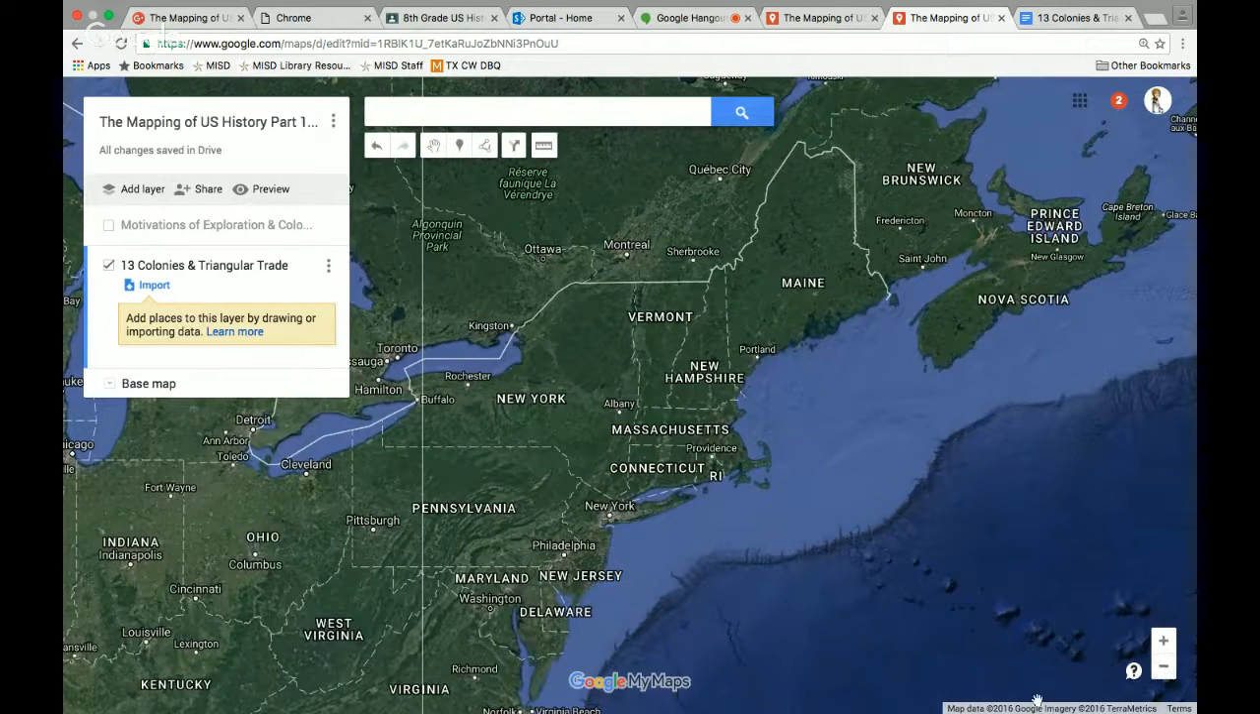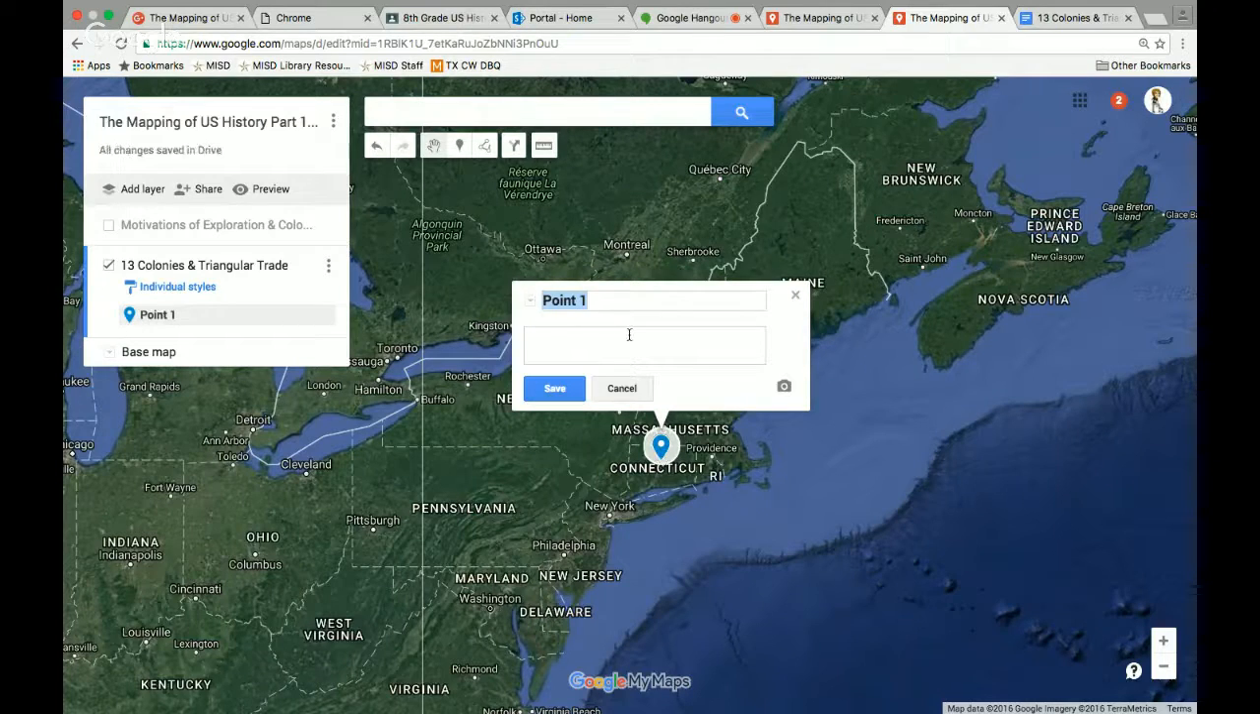And so your paper says that we're going to label Connecticut, Massachusetts, New Hampshire, and Rhode Island. So I always remember this by the saying, cut messy ham on roads. And so you can always identify what those colonies are. So I'm going to use my Add a Marker tool, click on it, and then click on Connecticut. I'm going to name it Connecticut,